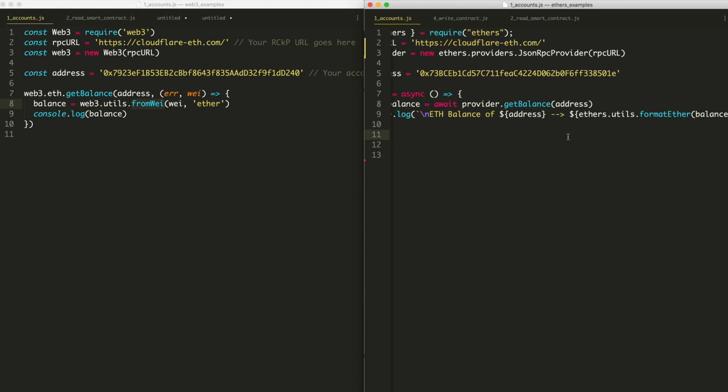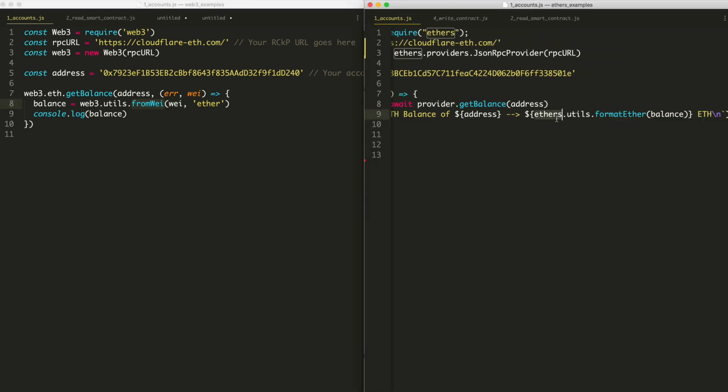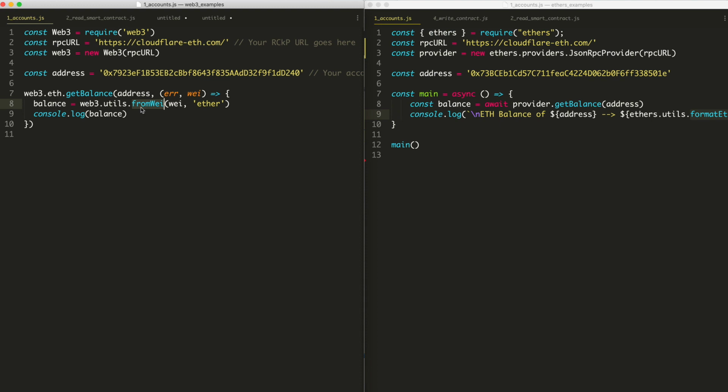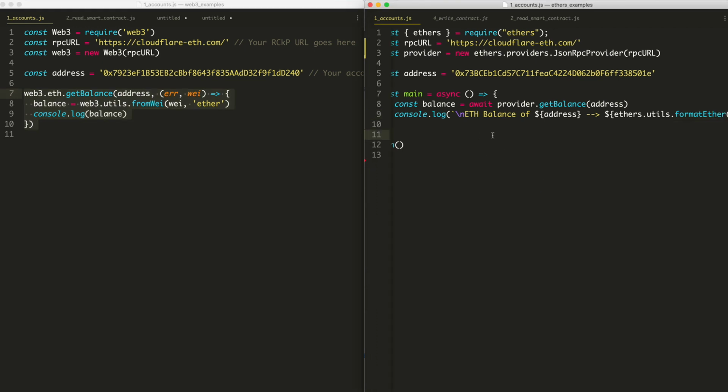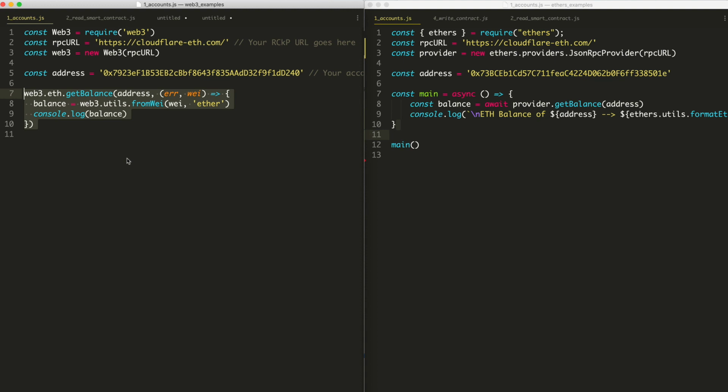Okay. Now we do have the same utility here, which is basically the same format: ethers.utils.formatEther, web3.utils.fromWei. There's similar nesting here, but this is a little bit more readable, I would say, for normal people. Just formatEther kind of makes more sense than fromWei. You have to understand what Wei is. But if you're a developer, it doesn't make that big a difference, okay? But I see why some people prefer the elegance of the syntax in Ethers versus Web3, but that's just a